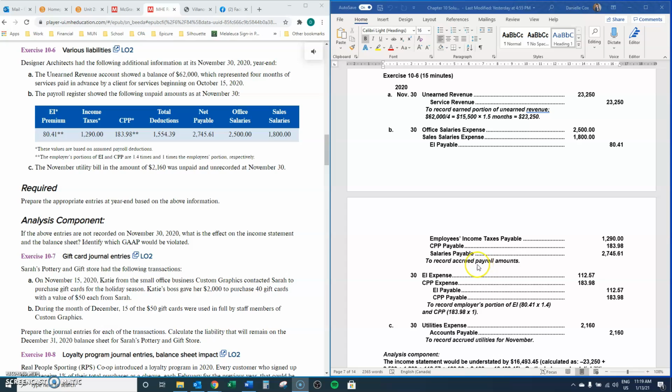So here we're accruing the payroll amounts that are to be paid. We're recognizing the expense this period, and then we're putting in a payable to be paid after year end. Then they also indicate here